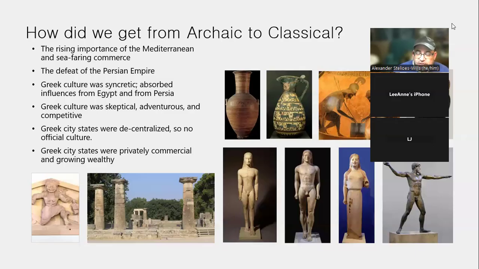It was just becoming way easier for people to trade a lot more stuff. And so the Persians were on the outside of this since they were a land-based empire, right? So the rising importance of seafaring trade, the defeat of the Persian Empire and the eventual complete adoption, absorption of the Persian Empire. And also another thing that I think is an explanation is kind of like the Greeks